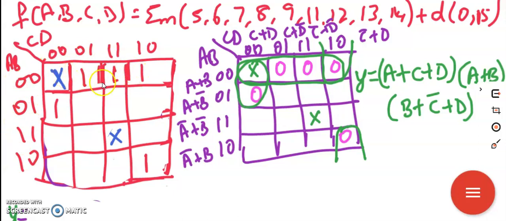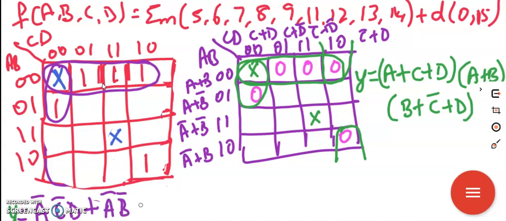Now grouping, we are going to do it. So this is the best option. So we did the grouping. What is the result for this? A bar, C bar, D bar plus. So for this is the best option. So A bar, B bar. Then for this is the overlapping. So we get the grouping